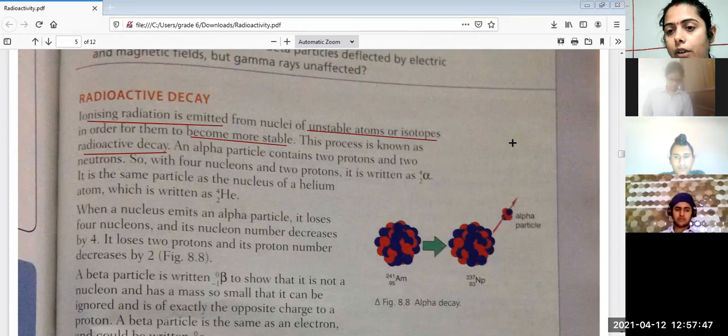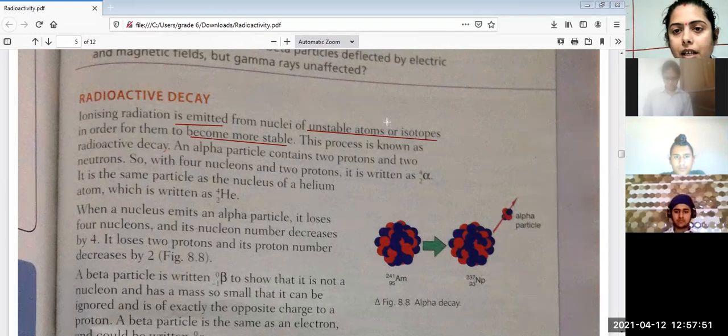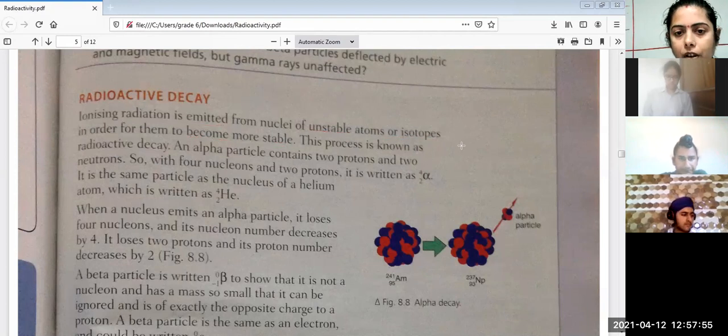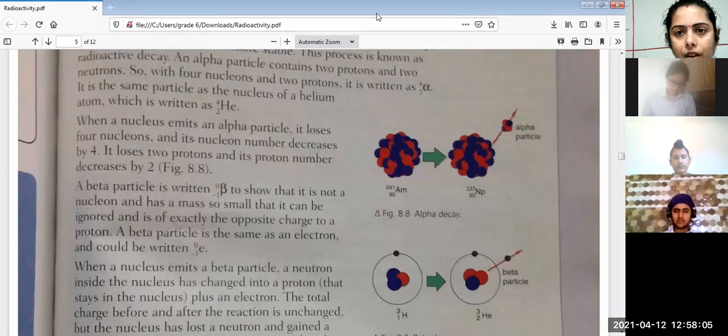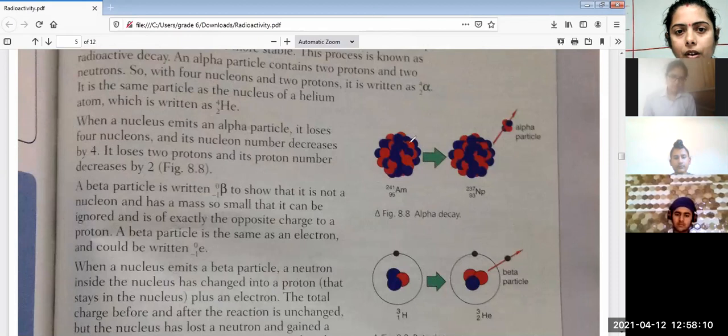Now the decay is going to be of three types. It can be alpha decay, it can be beta decay, it can be gamma decay. Eyes onto the figure over here. First we have this alpha decay. Alpha decay में क्या है? You have one atom given to you which will go on with alpha decay.